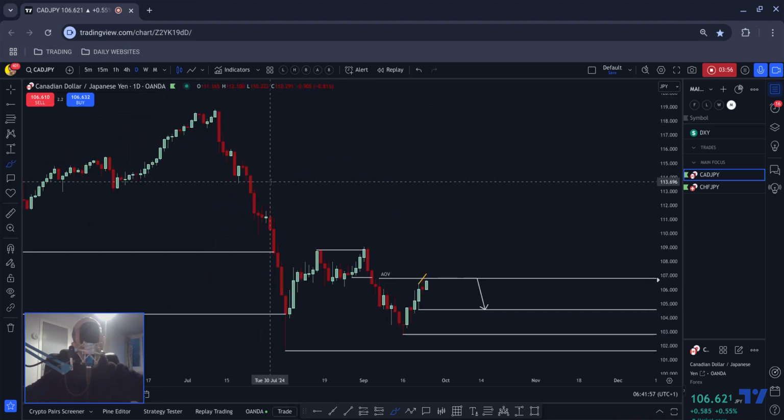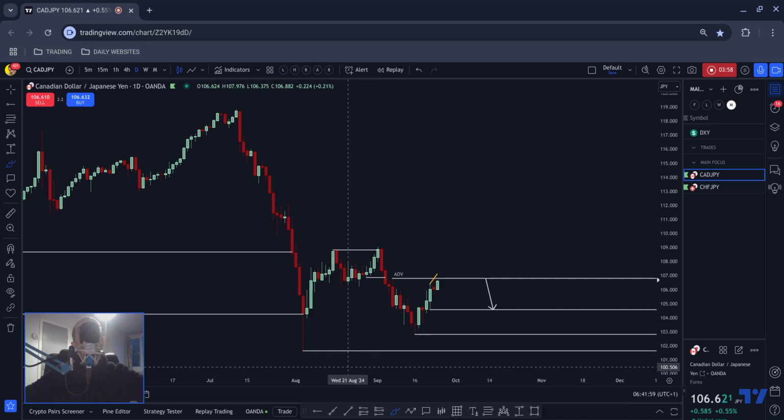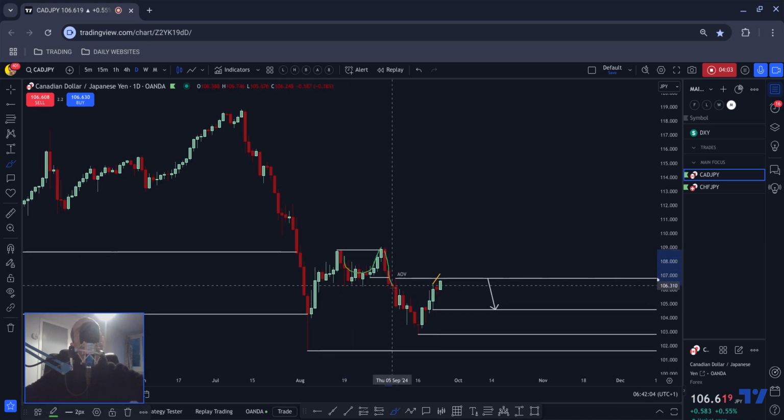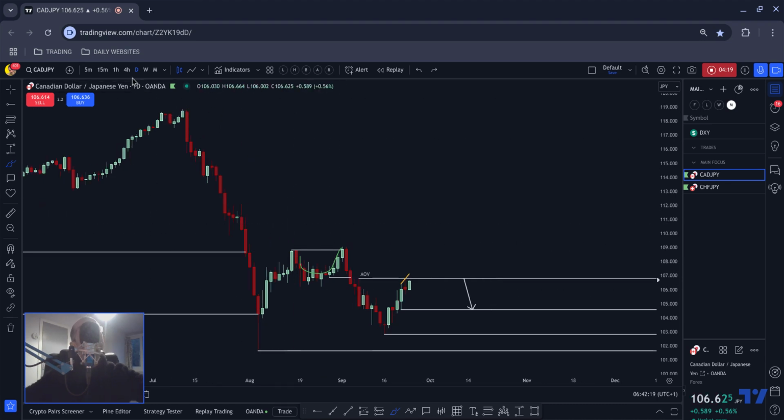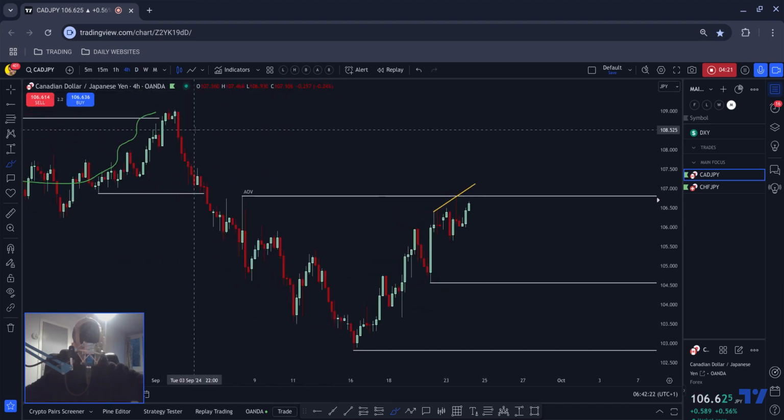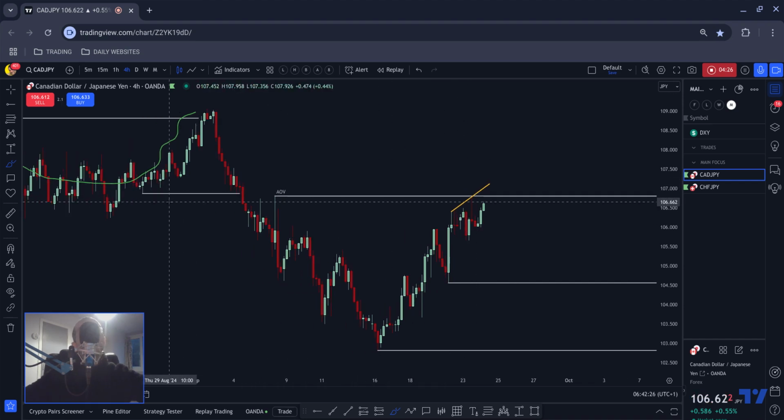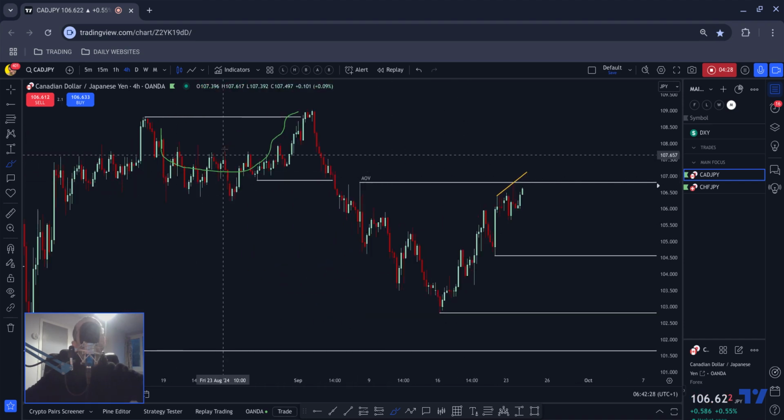As we drill down, you can see a similar thing again. We have this scoop double top up there. We push to the downside, and then you'll see it more clearly on the 4 hour, but price leaves a bit of a footprint here, which just happens to be the retest in the back end of this low here, which is also more prevalent on the 4 hour chart. If we zoom in a little bit, as I said, trend lines often point the way to where the liquidity is. So if we really examine this in detail,